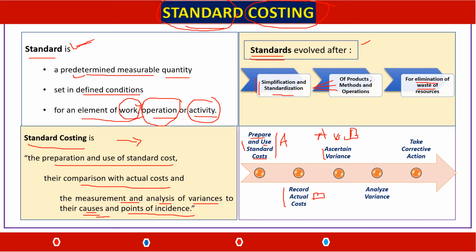It wants to have permanent improvement in the process of operations, be it in terms of products, methods, or operations. And standard costing is always forward looking in approach, and it is improvement on a regular basis after recording the actuals, comparing it with the standards, ascertaining the variance, analyzing the same, and taking corrective action going forward,